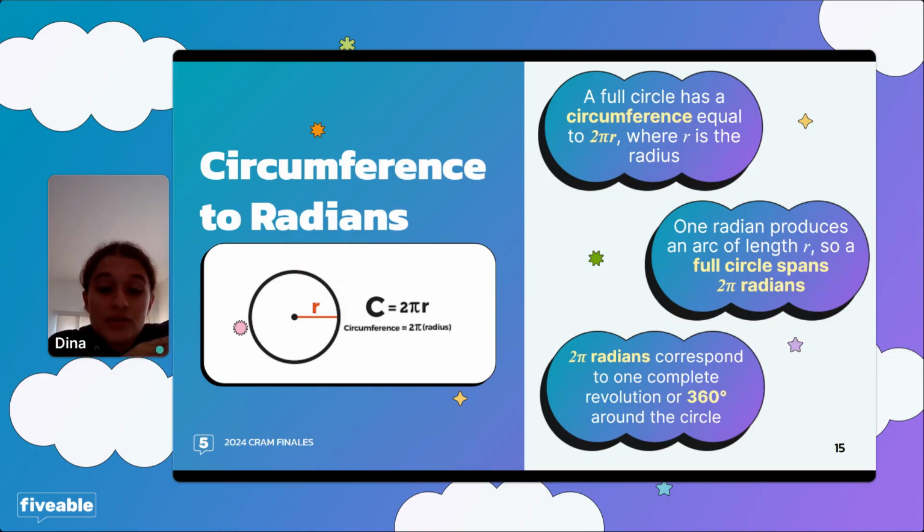If you are into chem and conversion factors a little bit, we know that 2 pi radians is actually 360 degrees around the circle. So if you don't want to mentally think about how to convert those two, you can just use that conversion factor to get from angles to radians or to get from radians to angles.